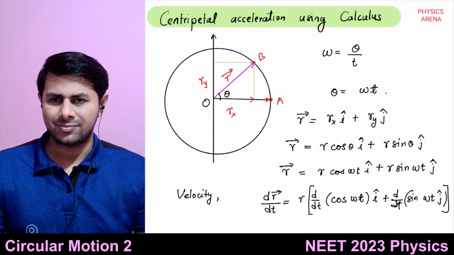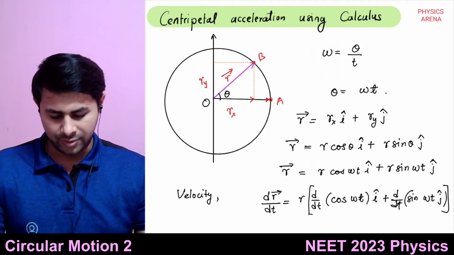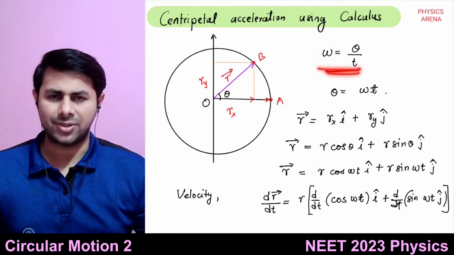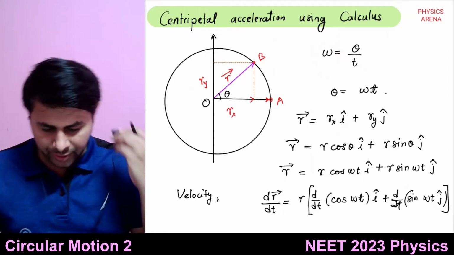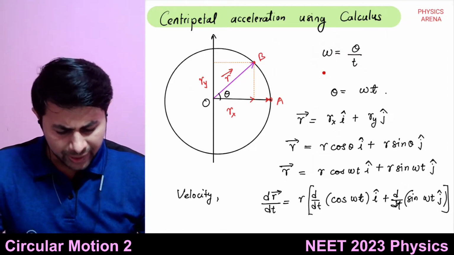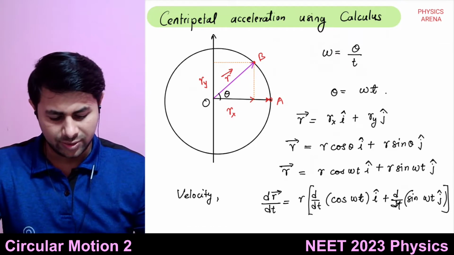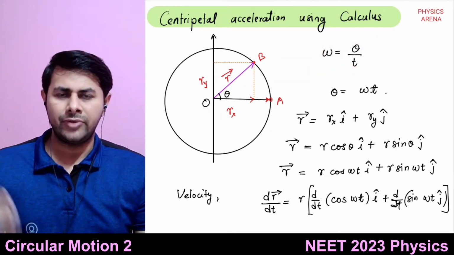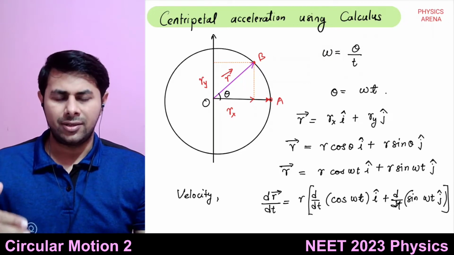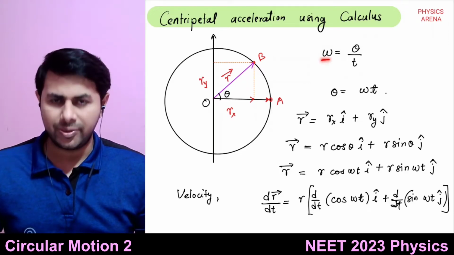Okay, we are defining angular velocity at the beginning. So at that step itself, we are saying that okay, omega is going to be our constant,